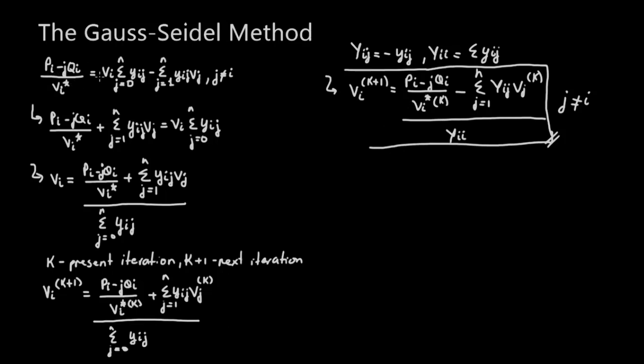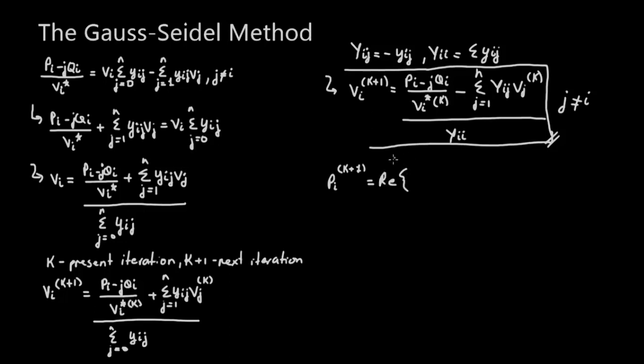So we can take this equation and isolate the real power and the reactive power. So let's go ahead and do that so we can get an expression for the real power and the reactive power. If we do that, we would get that Pi of k plus 1 is going to be equal to, and I'm basically going to move this Vi conjugate to the other side of the equation, and then take the real part of that to get the real power. And I'm also going to use these two equations over here to use the terms in the bus admittance matrix. So we get that Pi of k plus 1 is going to be equal to the real part